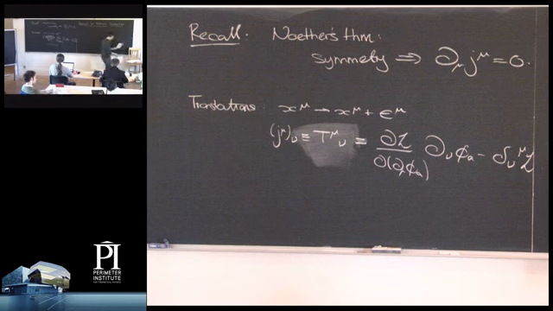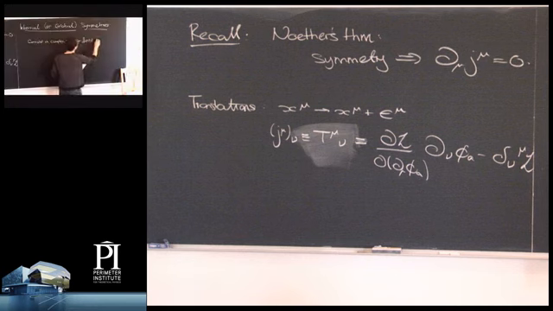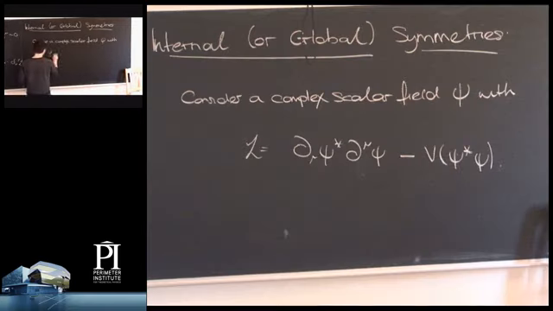Okay, good. So I'm just going to give a particular example. Consider a Lagrangian with a complex scalar field. And the Lagrangian is going to take the form